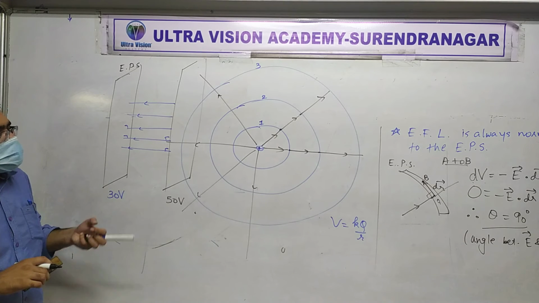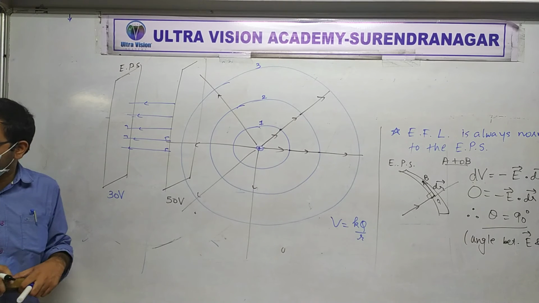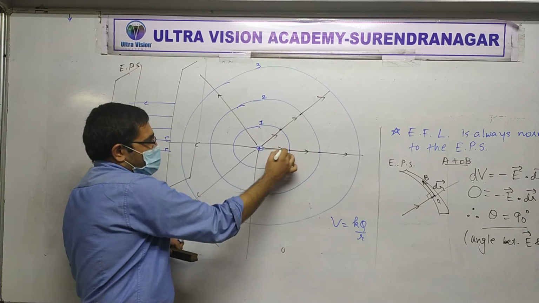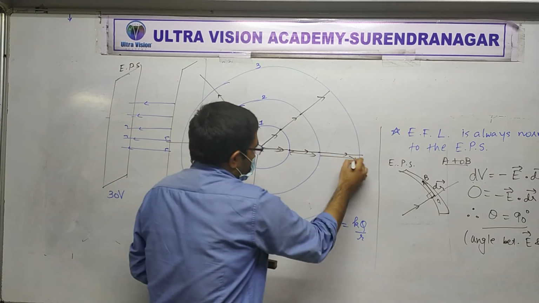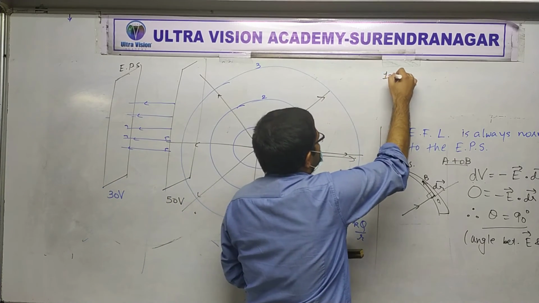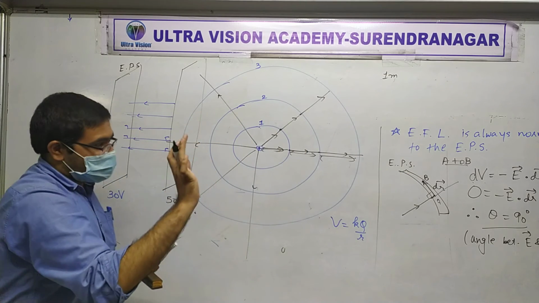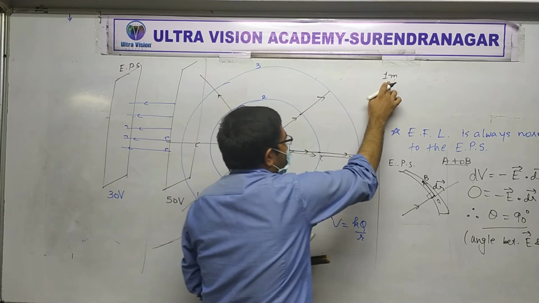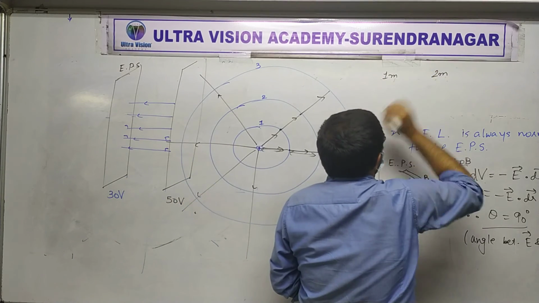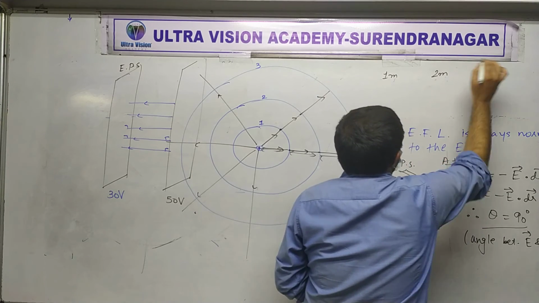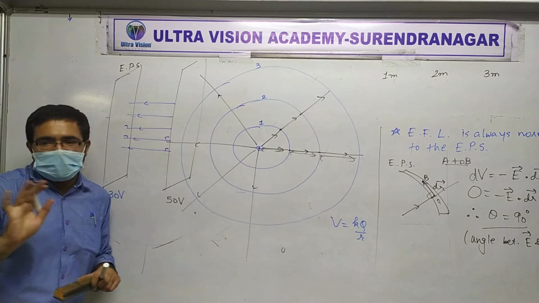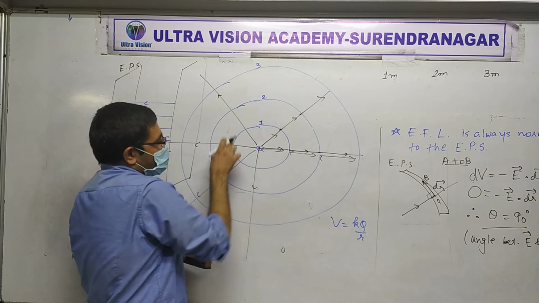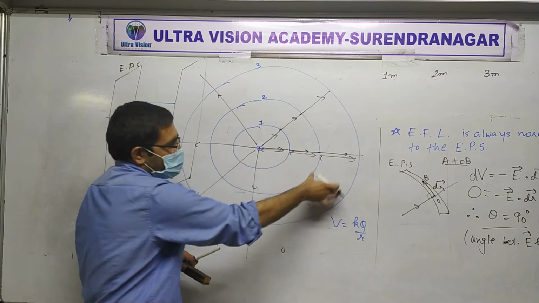Fine. There is one more factor that we want to discuss here. If you think that these field lines, they are all drawn at equal distances from each other. What I mean to say is, I mean equipotential surface. If the first equipotential surface is drawn at 1 meter radius, second equipotential surface is drawn at 2 meter radius, third equipotential surface is drawn at 3 meter radius, for example. So what is the distance between any of these two here? It's always 1 meter. Clear? Similarly, 1 meter here, everywhere.